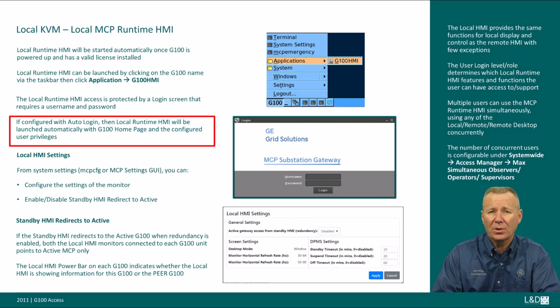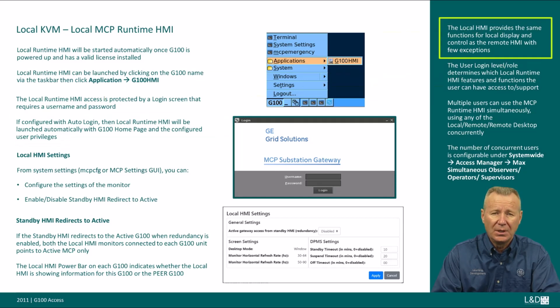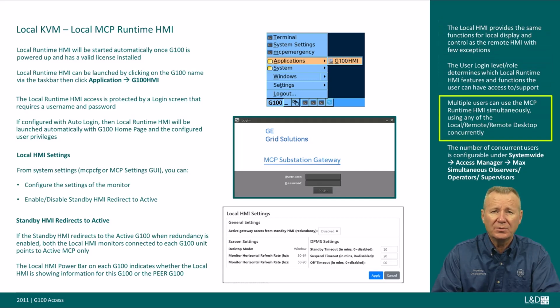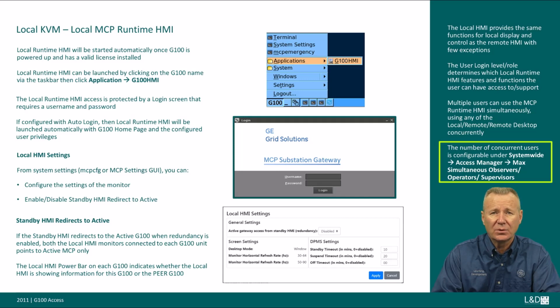If configured without a login, then the Local Runtime HMI will be launched automatically with the G100 homepage and the configured user privileges. The Local Runtime HMI provides the same functions for local display and control as the Remote Runtime HMI, with a few exceptions. Multiple users can use the MCP Runtime HMI simultaneously, using any of the local remote desktop concurrently. The number of concurrent users is configurable under System-Wide Access Manager, Max Simultaneous Observers, Operators, Supervisors in the DSAS MCP